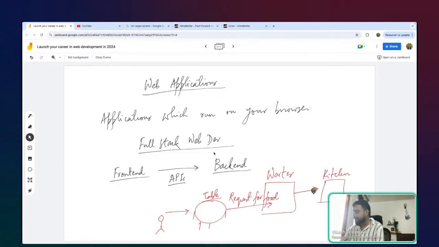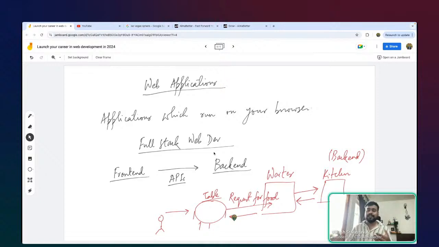And the kitchen is like my backend, which is not easily accessible to me, and I don't know exactly what is happening there, but my food is going to be prepared. The thing that I have requested is going to be prepared in my kitchen, in my backend. And once my food gets prepared after a certain time, let's say maybe 10 or 15 minutes, it is sent back to the waiter. The waiter then carries that prepared food and delivers it to your table.